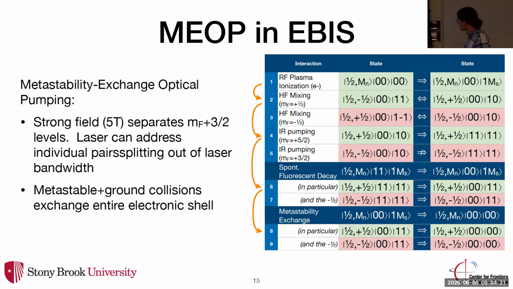Okay, so we are essentially slowly pumping this. And once it is in this ground state again, we have the same protection that we had before. Because there is a singlet instead of a triplet state for the electronic spins, we can't do this hyperfine transition. So we can't lose the neutron spin. So over time, we slowly accumulate. And over time, I mean like over hours, we can accumulate this net polarization. And then once we have it,